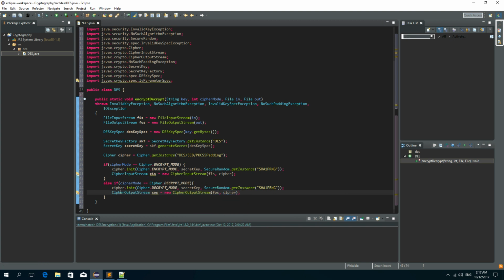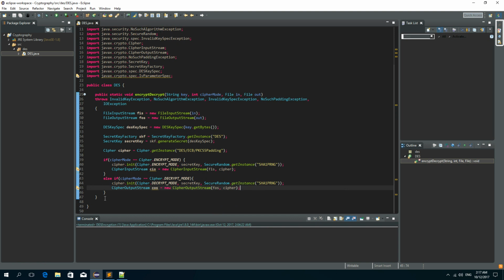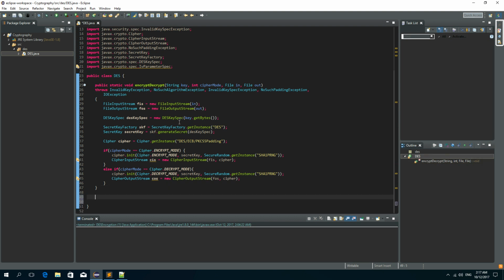Okay. Now we need to write to a new file, to output file. So let's create a new method for that. It will be private static void, and let's call it write, and the parameters will be input stream and output stream. Okay,